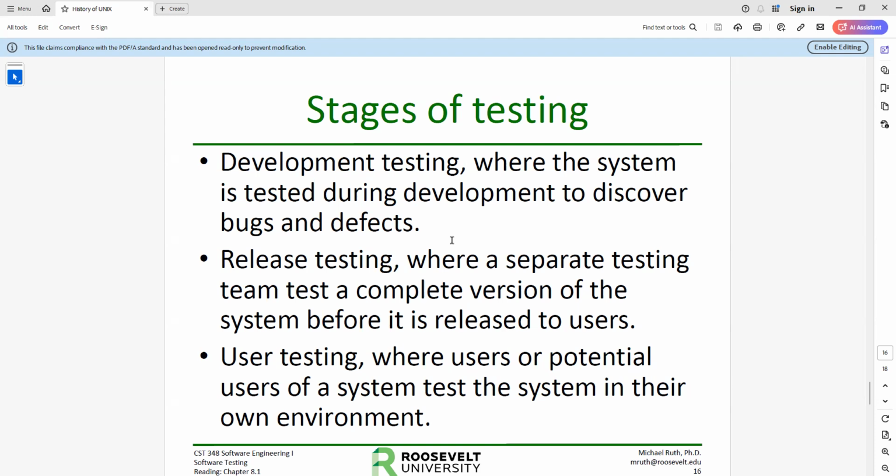I personally have not been involved in anything beyond development testing, but my research is focused on development testing. But like I said, beta testing and alpha testing and so forth are actually quite interesting areas and quite right for research later on for those graduate students in class. It is kind of interesting on its own because it is 100% dynamic testing, but it's actually testing in the wild, so to speak. You're putting the system through its paces by giving it to a user who's going to do whatever the heck they feel with it, right?